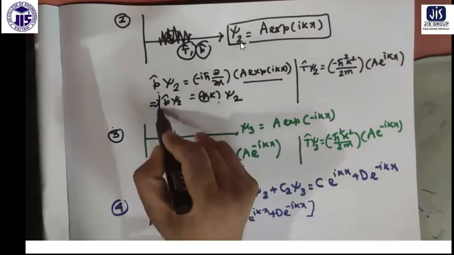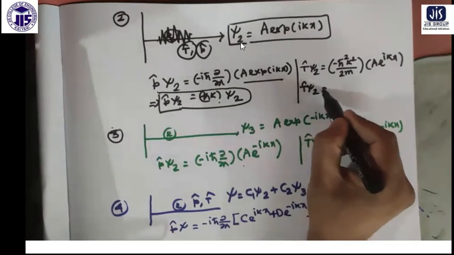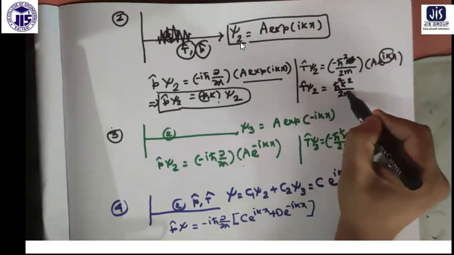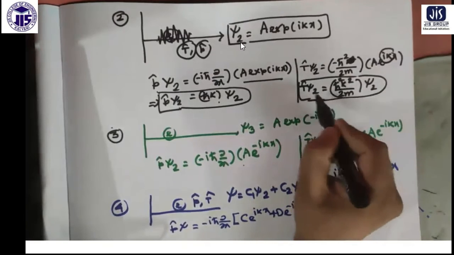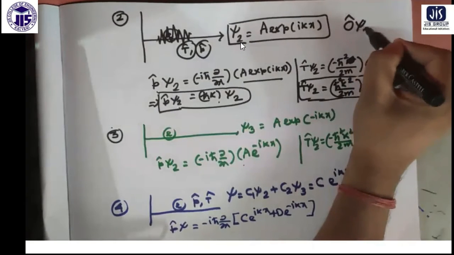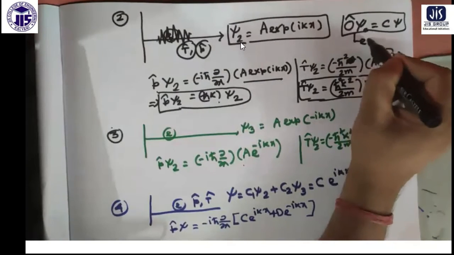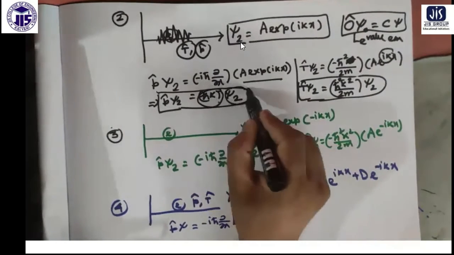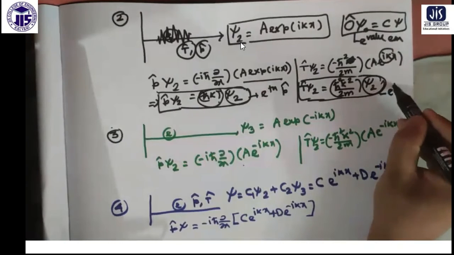So you satisfy the eigenvalue equation, as I told you a few minutes back also. In this case, if you do a double differentiation, you get ik square. So this makes h cut square, it was like k square was not there initially. H cut square k square by 2m and psi 2 back. So both of them are satisfying this general equation. Operator O acting on the function gives you back the function multiplied with a constant. This is the general structure of the eigenvalue equation. So in both the cases it is satisfied. This is the eigenvalue. So psi 2 is an eigenfunction of p cap